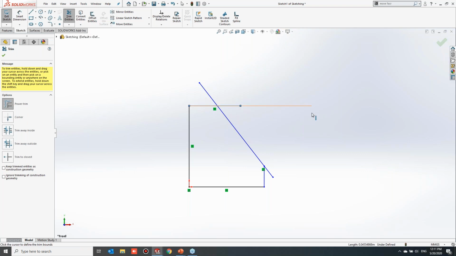Also, you can use power trim to extend your sketch entity. Select the entity and drag. So likewise, we can power extend your sketch entity. So we can trim, and in case you want to undo, we can. By selecting the red dot, you can undo your last selection. And also by dragging the entity, you can extend.